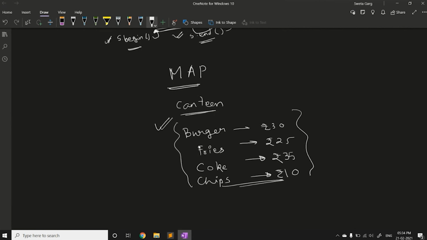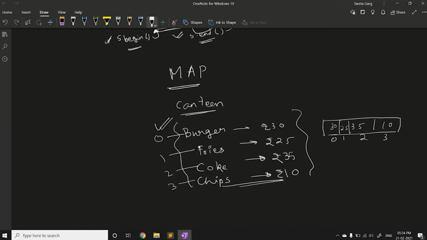You can use an array. Suppose you said that burger means 0, fries means 1, coke means 2, and chips means 3. So you will create an array: 30, 25, 35, and 10.